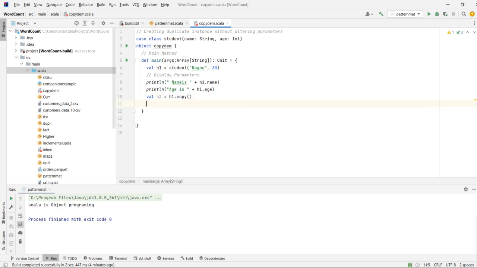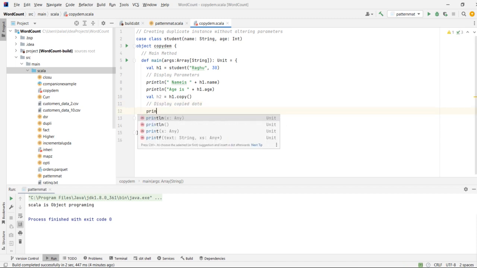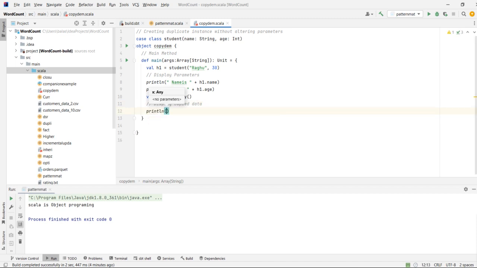Now we will try to display the copied data. So let's try to print copied name is h2 dot name,